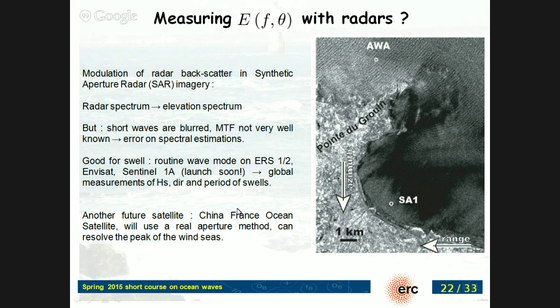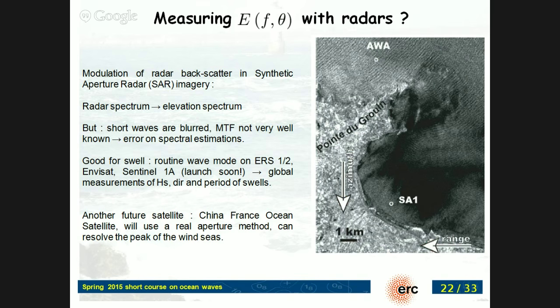It's going to be a French tiny satellite launched in 2018. It's going to measure the wave spectrum with a real aperture radar. It's not the SAR. The benefit of the real aperture radar is that it will also be able to resolve shorter waves down to wavelengths of about 70 meters. So it's still long for the Mediterranean, but it's much better than the SAR, which is usually limited at 100 or 150 meter wavelengths. And that will be in 2018. It's going to fly on the Chinese platform with a wind scatterometer and this wave radar instrument, and we'll be involved in the processing of that data.